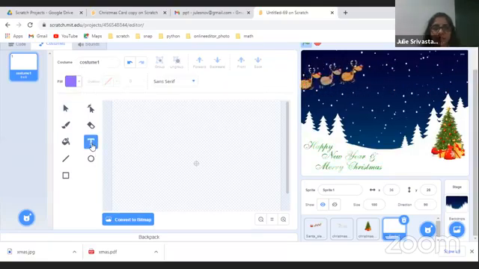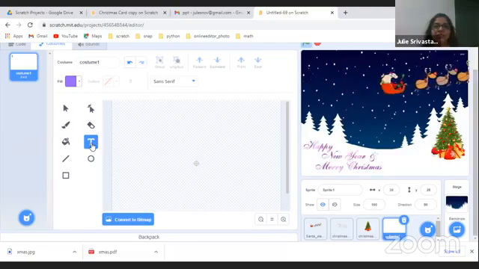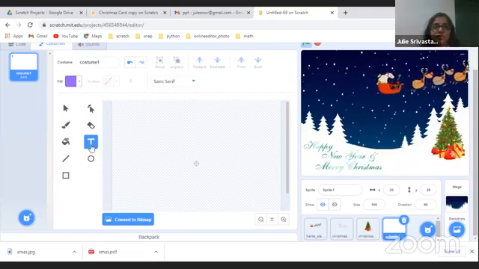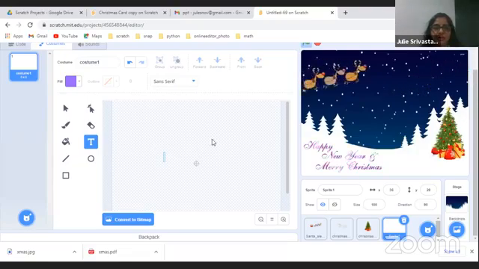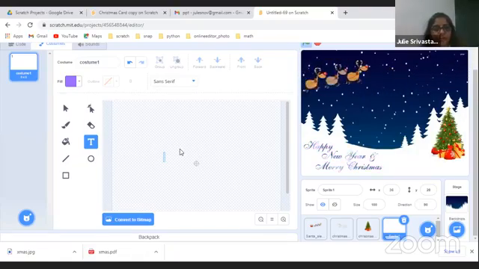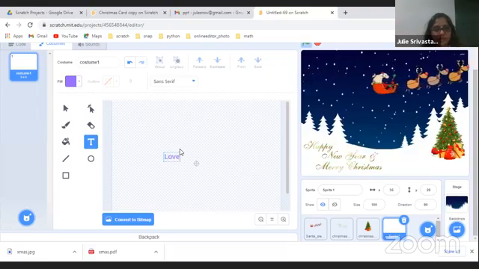I'm again going to repeat, you choose a sprite and instead of upload, you're going to say paint a sprite. When you go to paint a sprite, you'll get a window like this with some options. From these tools, you're going to take the T tool, which is the text tool. Once you pick up the text tool, you're going to click on this area where you can actually write and draw. And you're going to write love, whatever your name is.